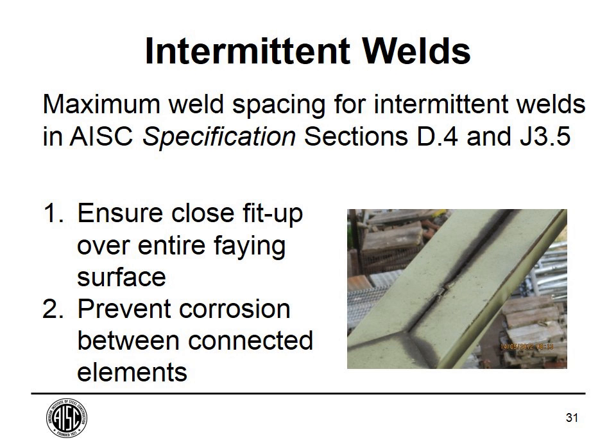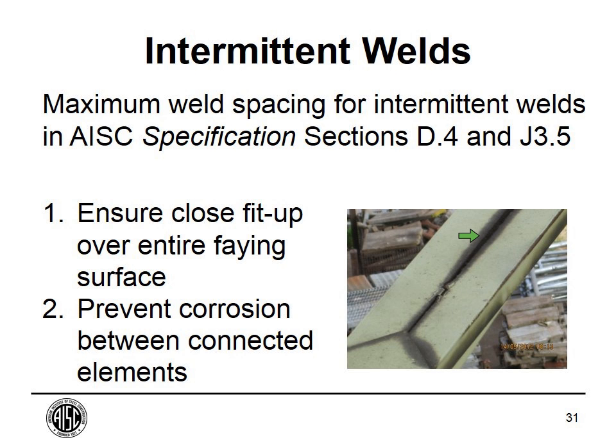Okay, so now let's look at section D4, which is tension members, and J3.5, which I'll show you on the next slide, the AISC rules, but I want to explain why they're in there. They're in there to ensure close fit up of the faying surfaces, and if your structure is exposed to the weather, they're in there to cause a small enough gap where it's not probable that you'll have corrosion between the faying surfaces. And I've got a picture here that shows what happens where corrosion got in between